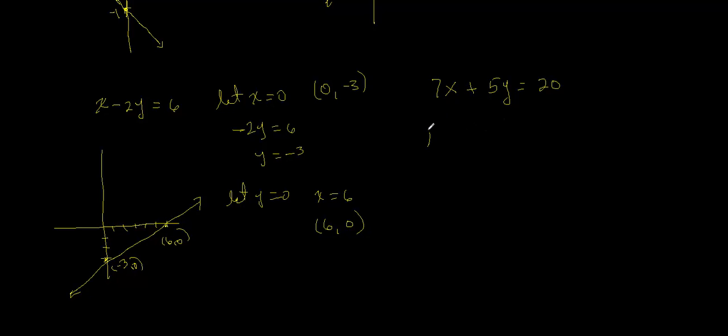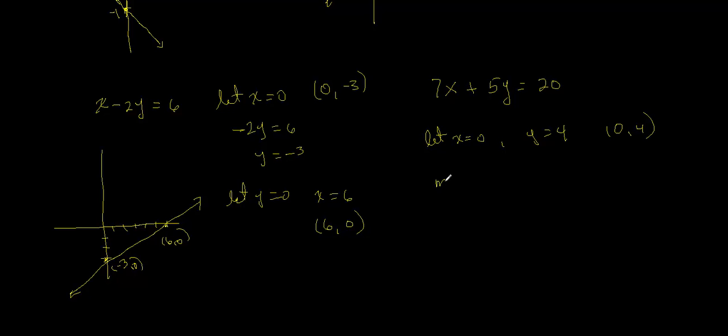I let x be 0. That gives us y equal to 4. So I have 0, 4. And then, instead of finding the x-intercept, because you're going to get 20 over 7, and graphing that would be kind of tricky, instead find the